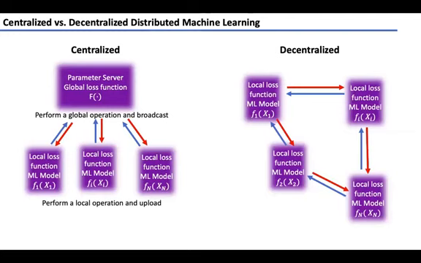In the previous slide, I described the distributed machine learning with a tree topology. However, in general, distributed machine learning is divided into two settings: centralized, which was described in the previous slide, and decentralized. In decentralized topology, as shown in the figure to the right, every worker needs to communicate with few neighbors. Therefore, this could be useful in the absence of a parameter server or when the link to the parameter server is